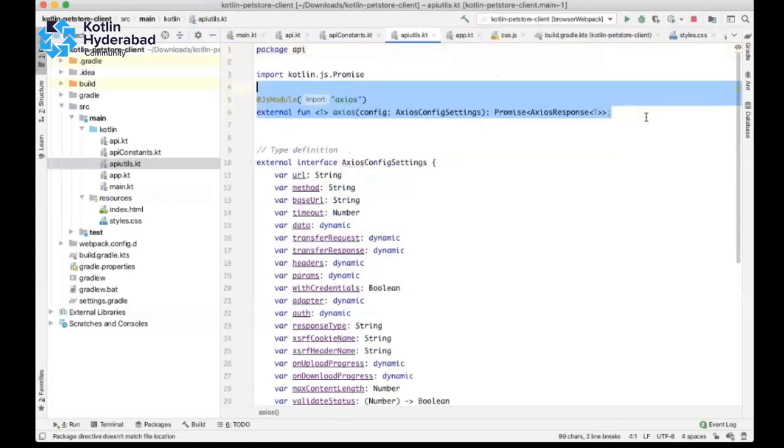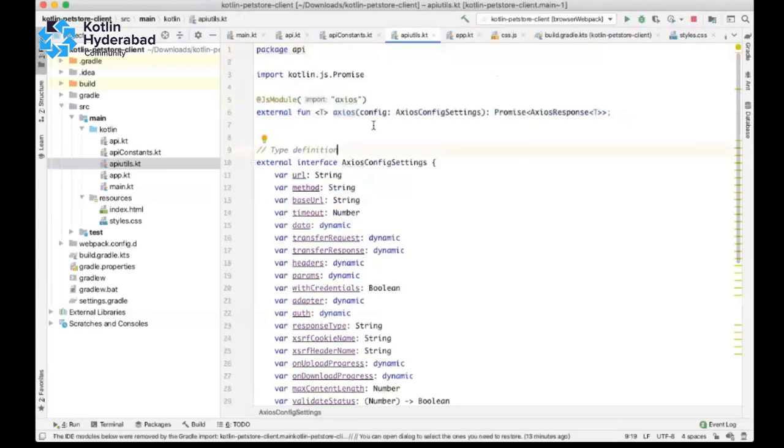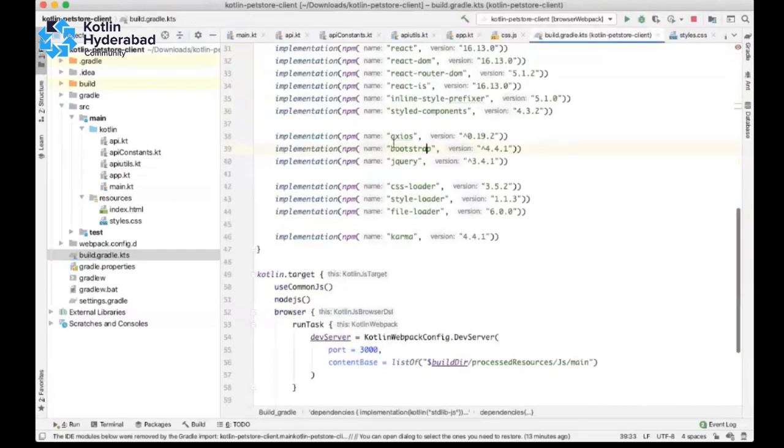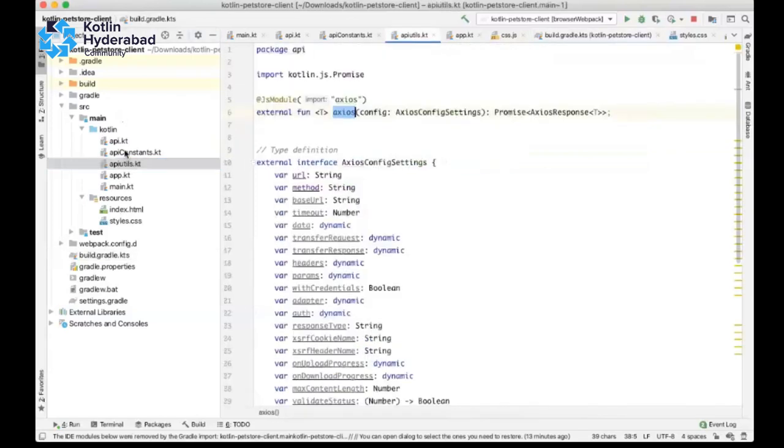This is the way we import node modules into our project. Axios is another node module which is defined in the dependencies. I already defined it in the dependencies. Axios is used to request RESTful data from RESTful services.